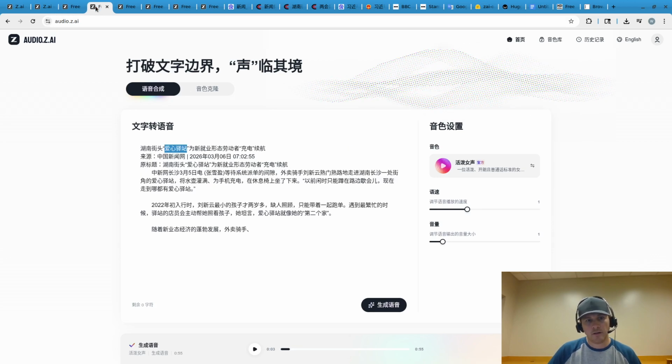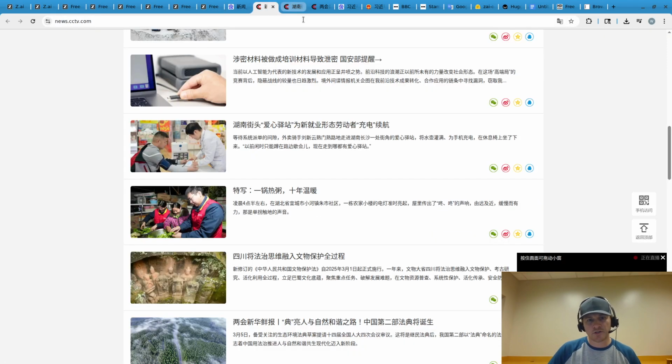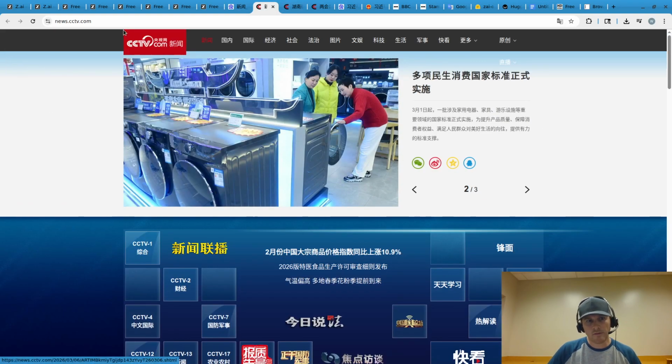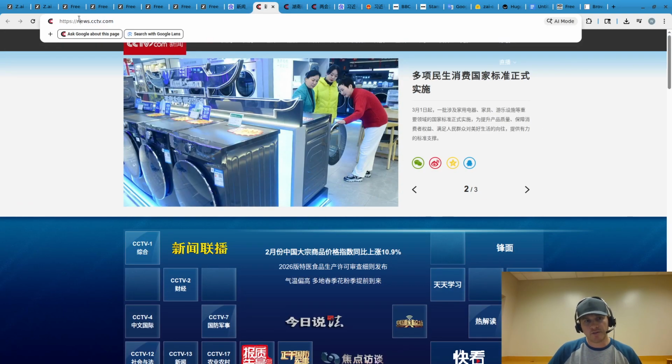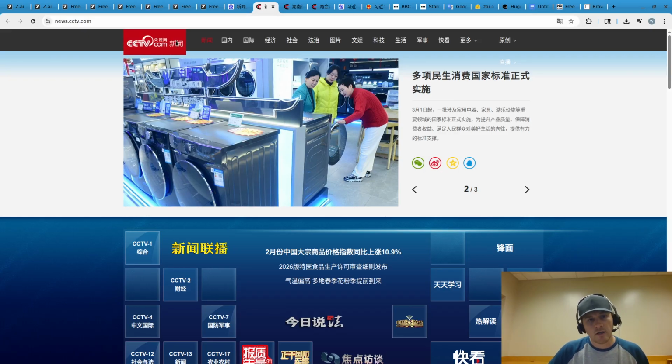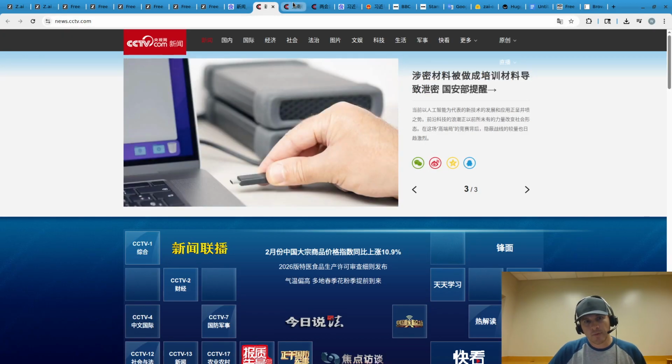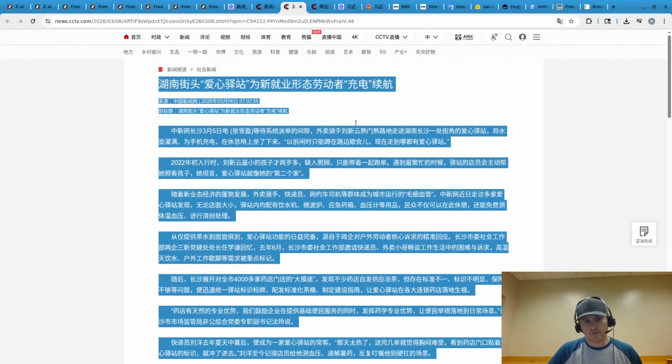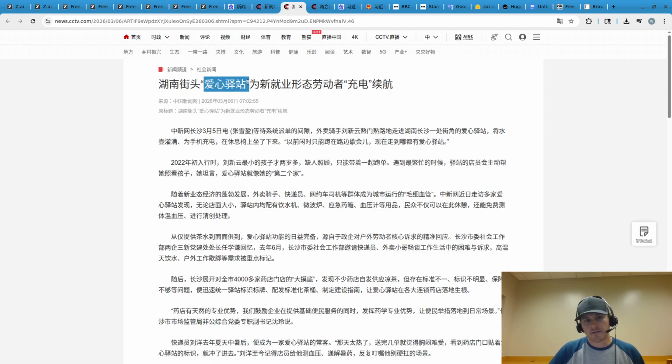And now what I want to do is quickly show you this is a news site in China. CCTV stands for Central Chinese TV. So it's a government-run TV network. These two characters together mean the news or news. And I found some article that I thought was kind of interesting. It's about